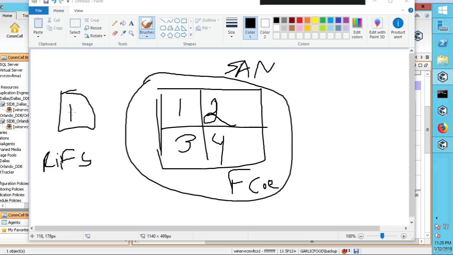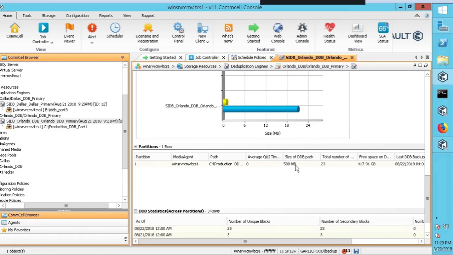So in this regard, it says, okay, I can see the file, and I want to dedupe it. Basically, it's a like-minded file. I don't need to back that extra file up because it's the same. I don't need to. So let's get back to our CommServe. So you can see the size of the deduplication